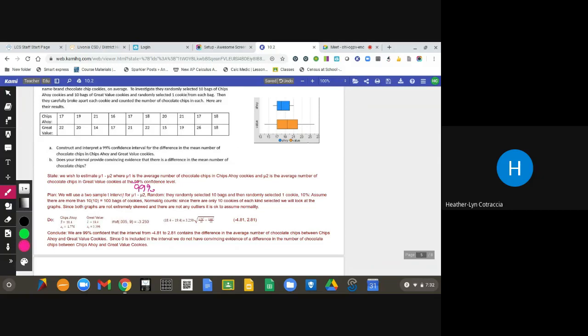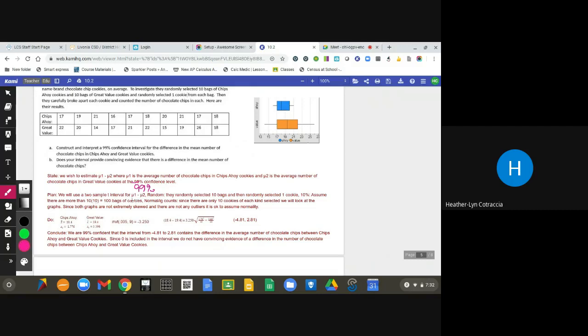All comes from the reference paper. So we will use a two-sample t interval for mu1 minus mu2. Random: they randomly selected 10 bags and then randomly selected one cookie from each one of those packages. 10%: assume that there are more than 100 bags of cookies because they chose 10 bags, and we do 10 times 10 for that